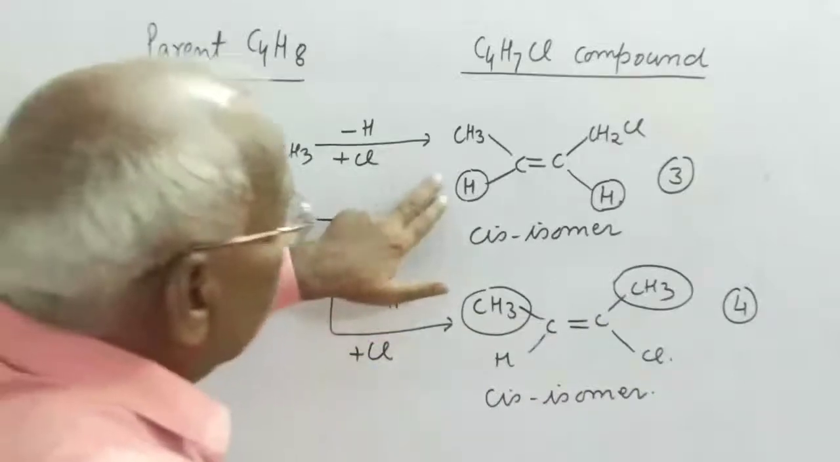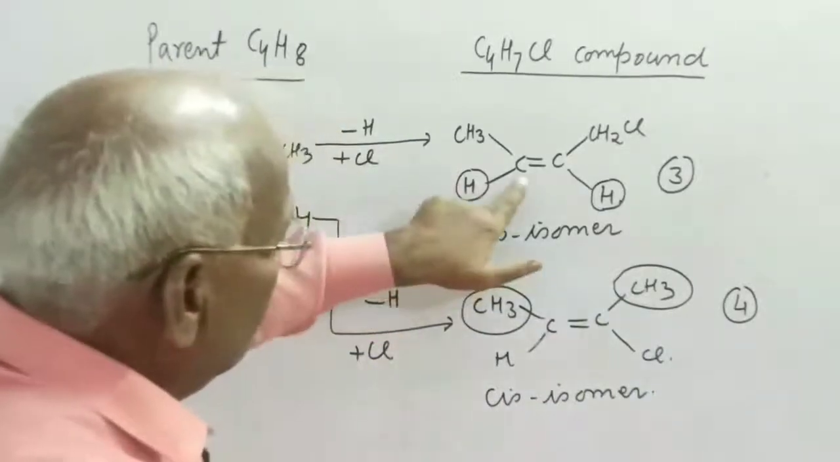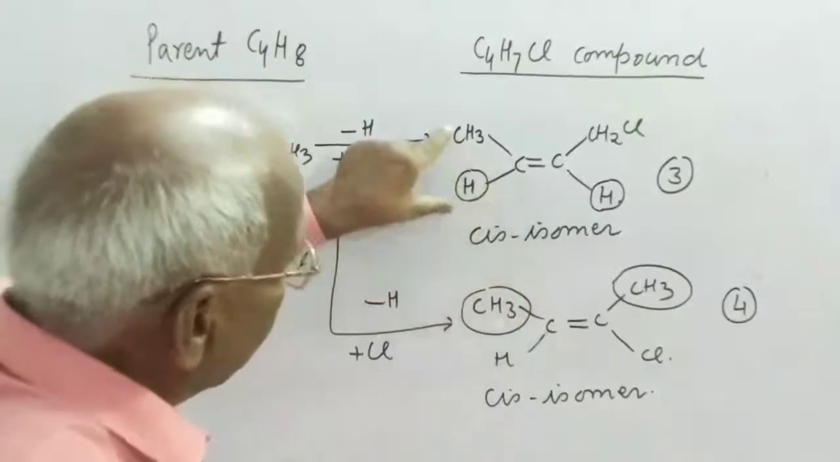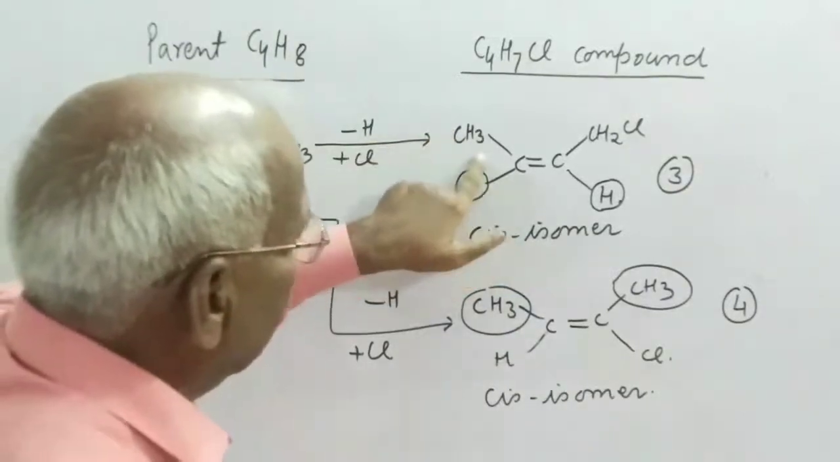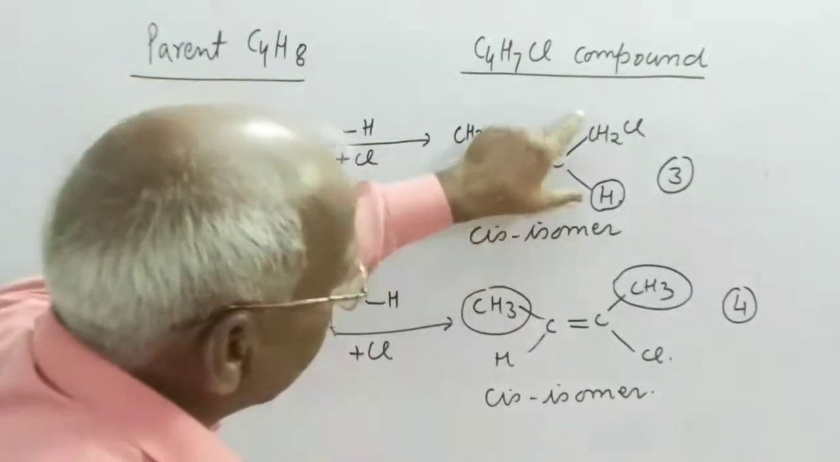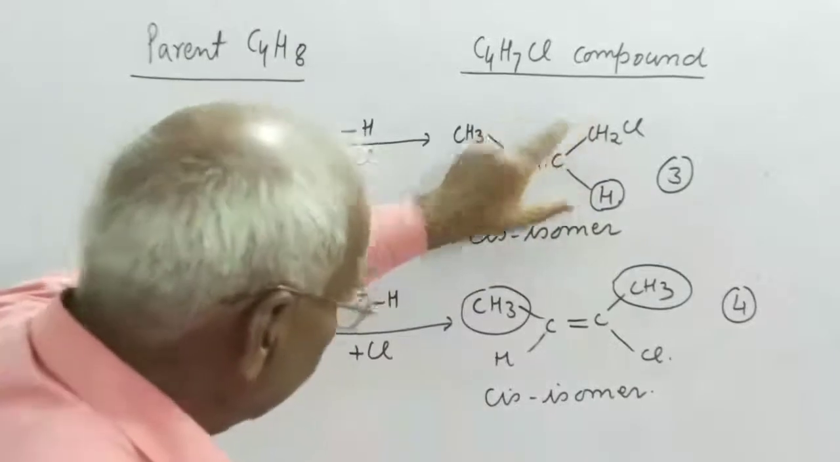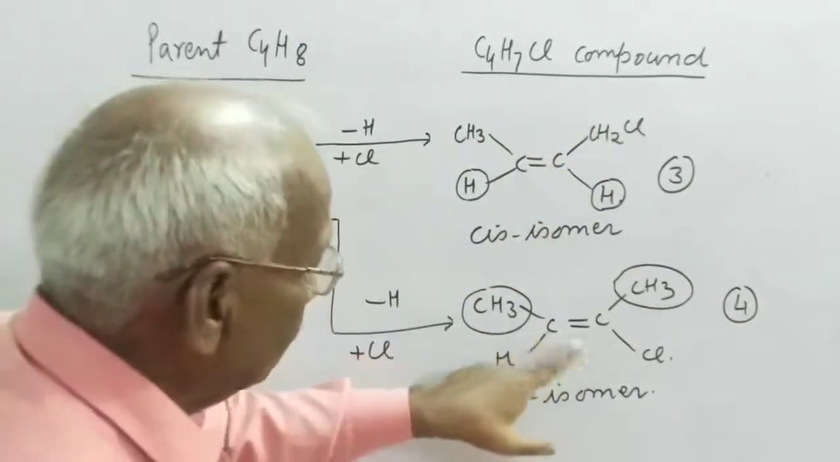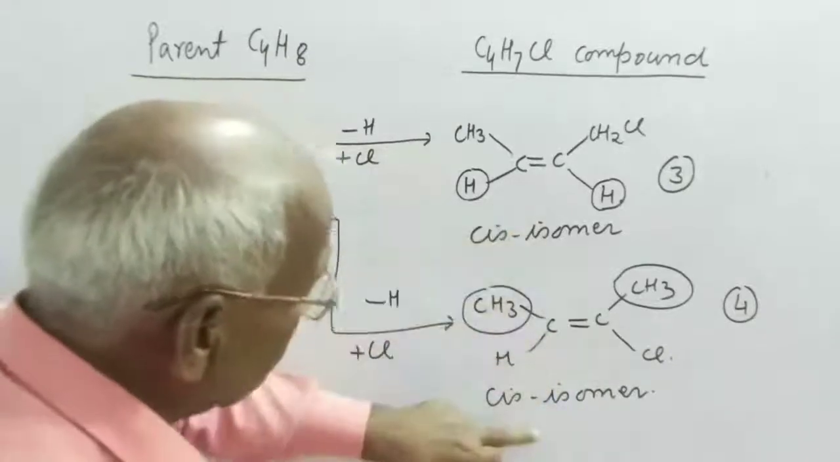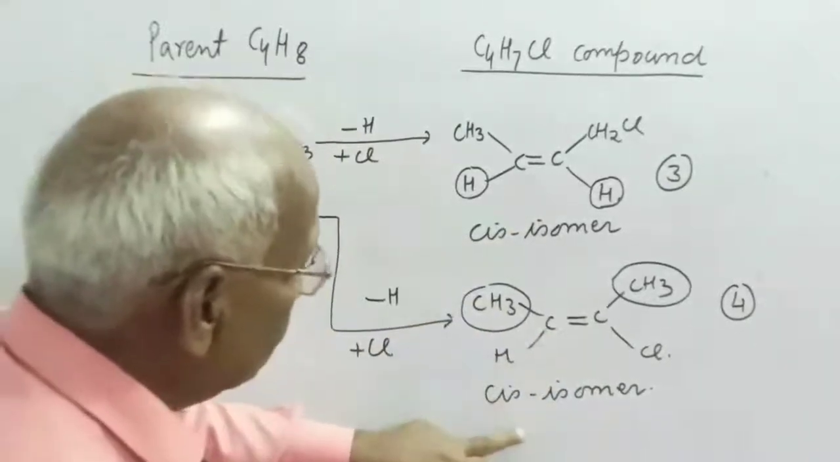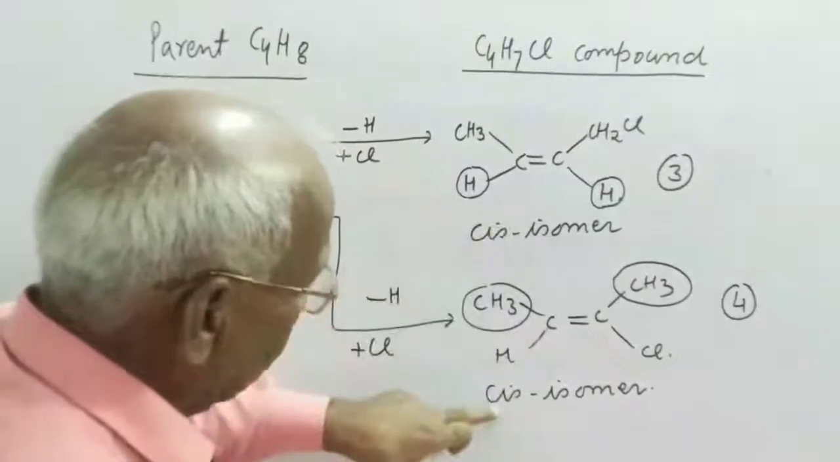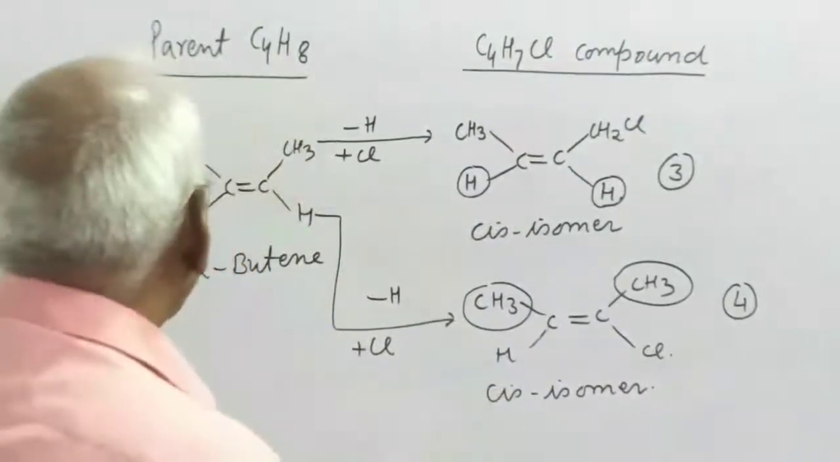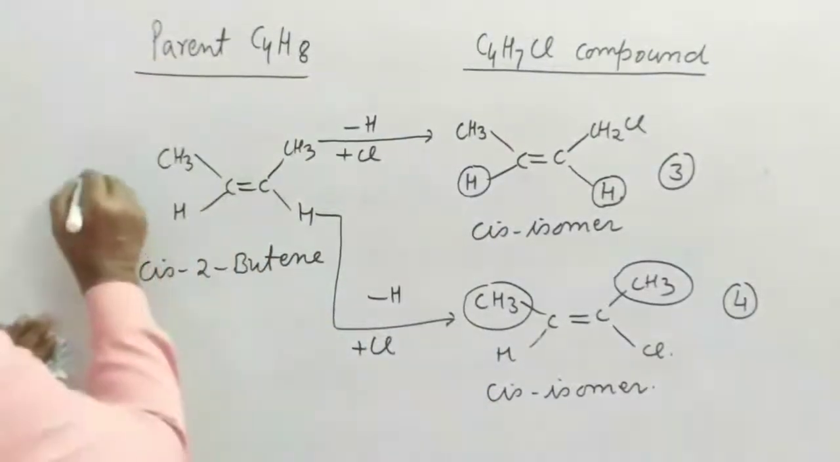This is a geometrical isomer, no doubt, because each sp2 carbon carries two different substituents. This carbon has two different substituents, and this carbon carries two different substituents. In this case also, each of the sp2 carbons carries two different substituents. Hence, both are geometrical isomers. By chance, both are cis isomers. Now, the fourth structure of the parent is